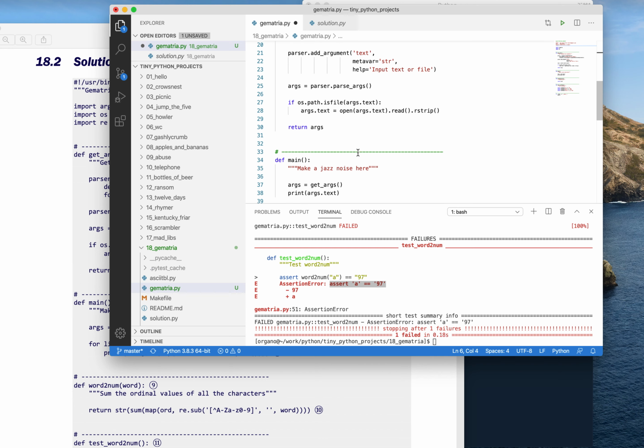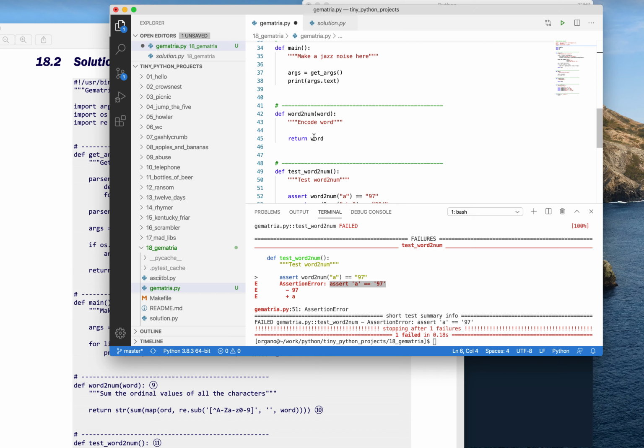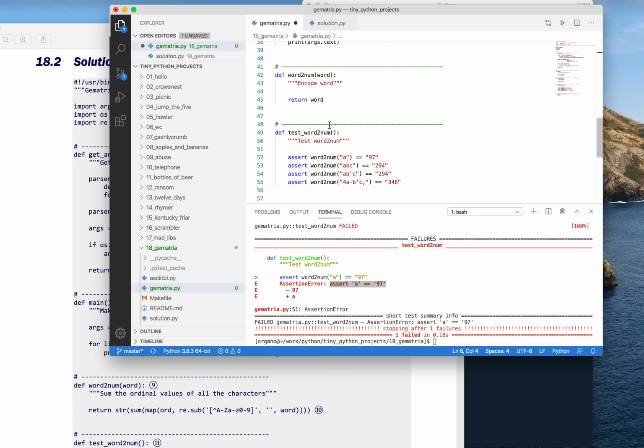First thing I want to do is to fix this word denom so that it passes this test. To me, it's good to focus on the smallest possible problem and write a function and the test for that function, and then you can use that function in a greater context. You can compose all these smaller functions into larger programs, and I think that's a much easier way to go about writing a program. So the first thing I know I need to do is re.sub,